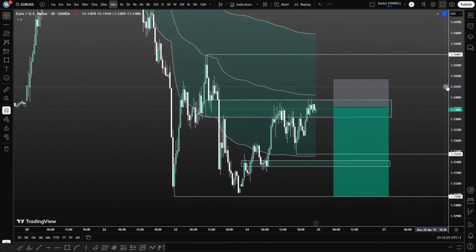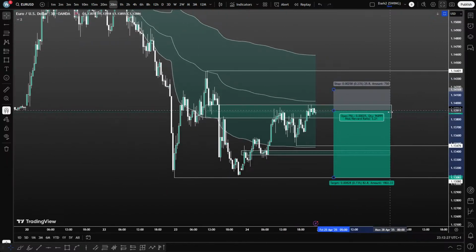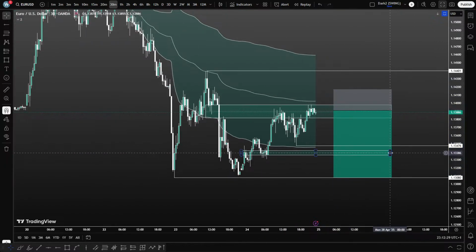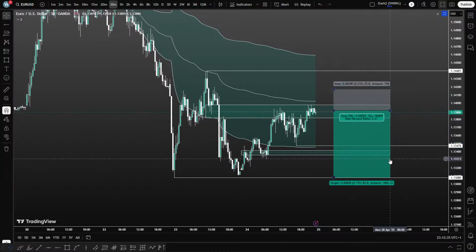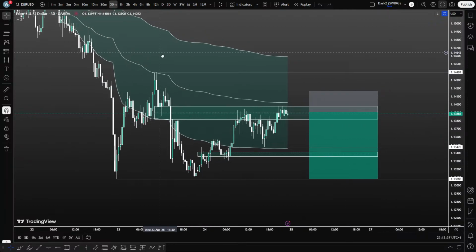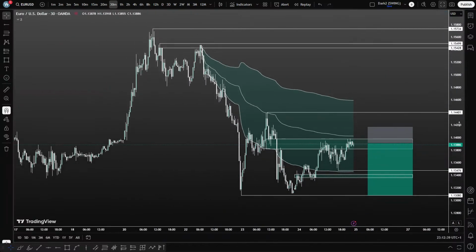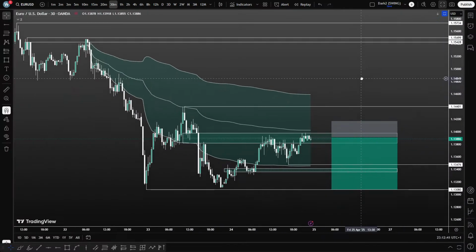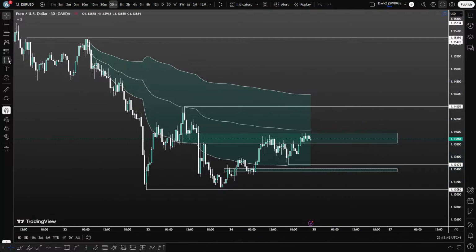You're going to see these pairs move in tandem quite frequently. They are both USD denominated and they have overlapping sessions, so not always, but likely going to run in tandem with one another. Okay. So euro, practically the same concept that we have on pound dollar. Okay. Alternatively, as we had with the pound, if we start holding above these highs, we hold above the VWAP,